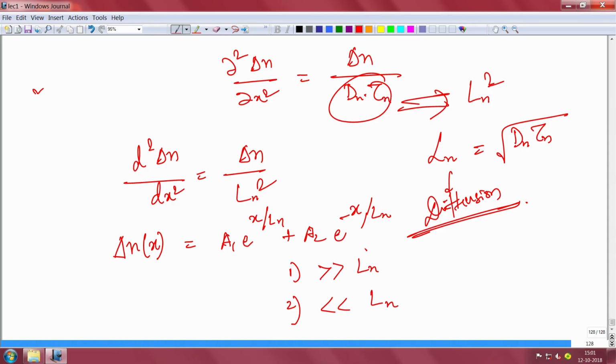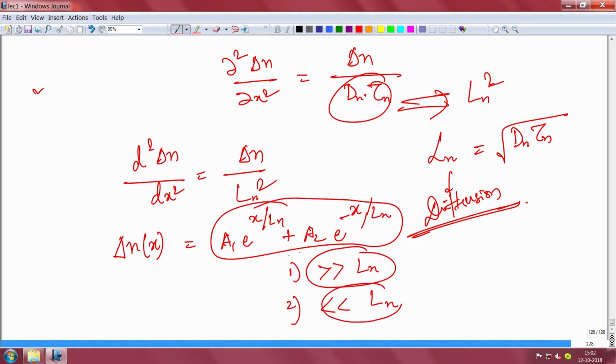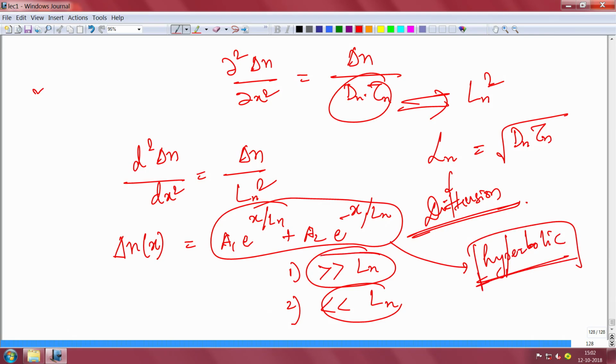So in one case the semiconductor can be much larger than the diffusion length, and in the other case the semiconductor length can be much smaller than the diffusion length, in which case this solution will give you a hyperbolic sine and cosine equation. Okay, we don't have to memorize or derive that directly here, but you can simplify it in these two unique situations, when the length of the semiconductor is much larger or much smaller than the diffusion length.